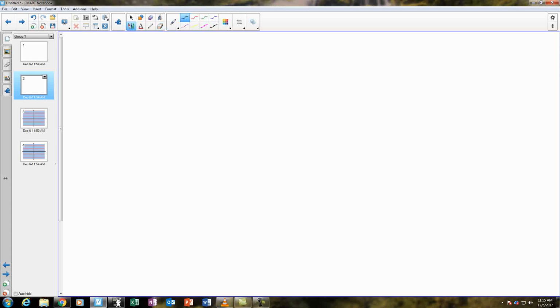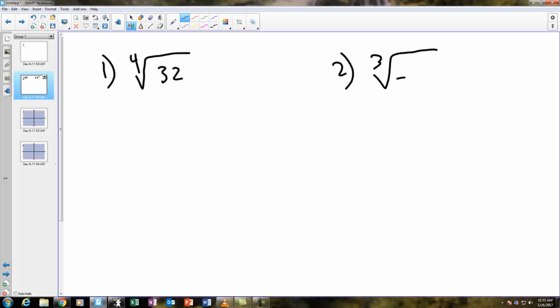Okay, so this is the test review for Chapter 6. We'll start here with question number 1 and 2, which are all about breaking down different types of roots. So this is the fourth root of 32, and number 2 is going to be the cube root of negative